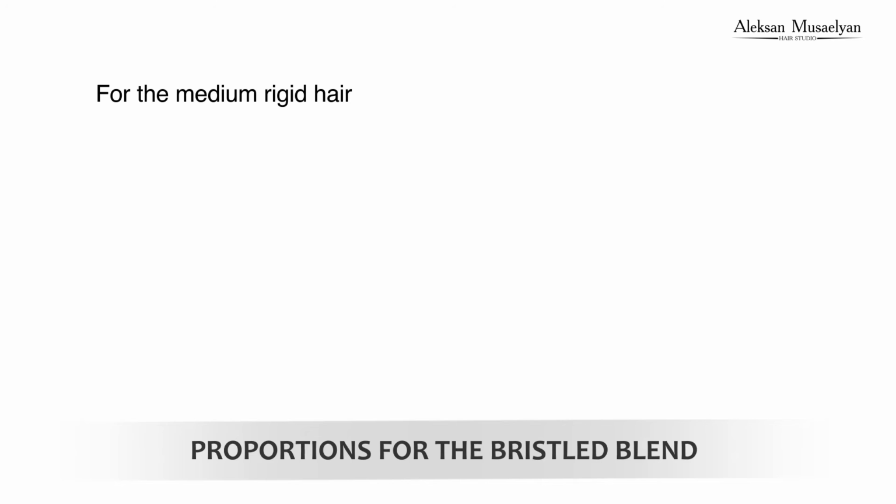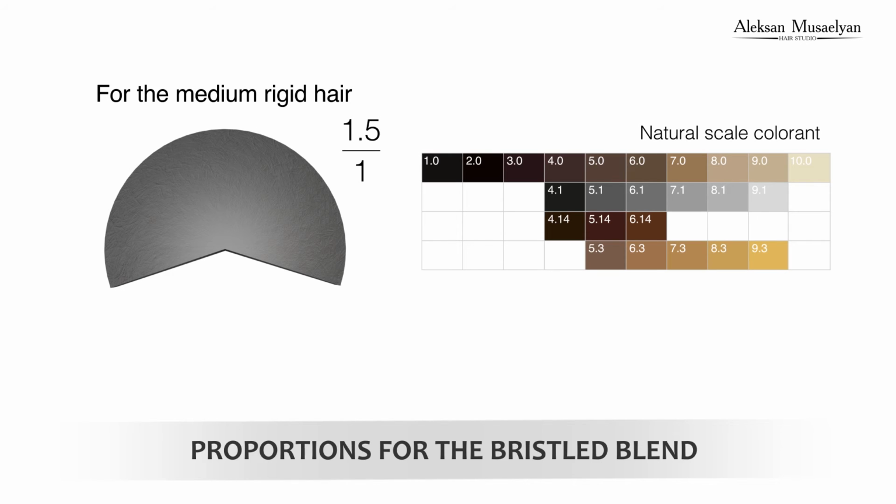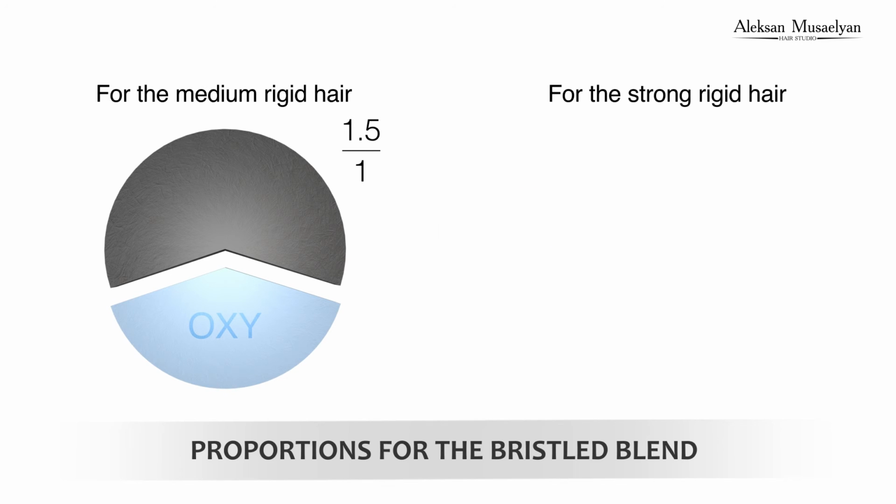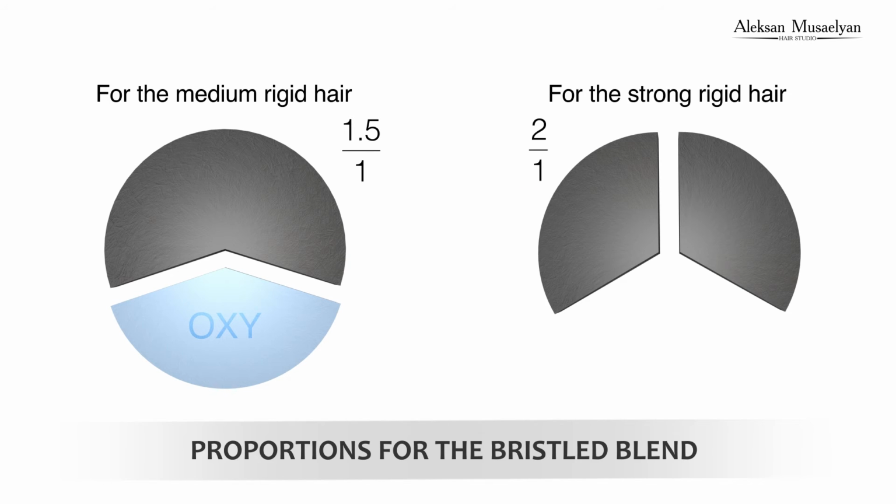As we use more colorant than for the usual mixture, it is recommended to take the 9% oxidizer instead of a 6 to make the bristled blend. So, to prepare the bristled blend, we should use the following. For the medium rigid hair, we take 1.5 part of the natural scale colorant and 1 part of the oxidizer. For the strong rigid hair, we take 2 parts of the natural scale colorant and 1 part of the 9%